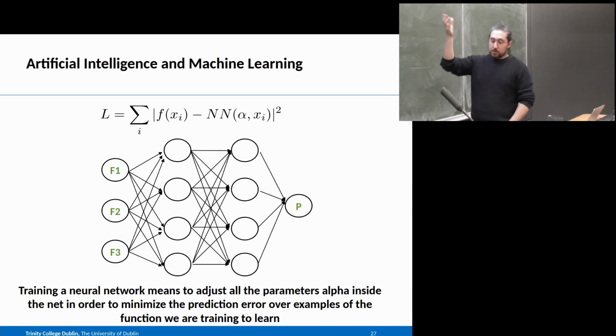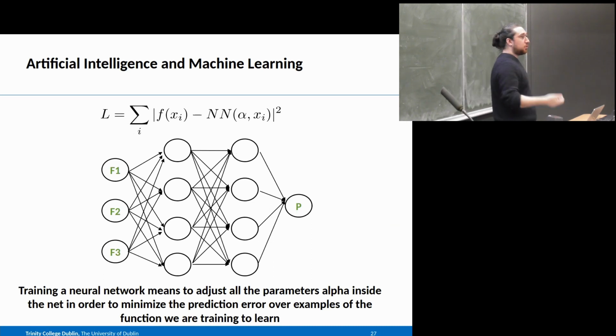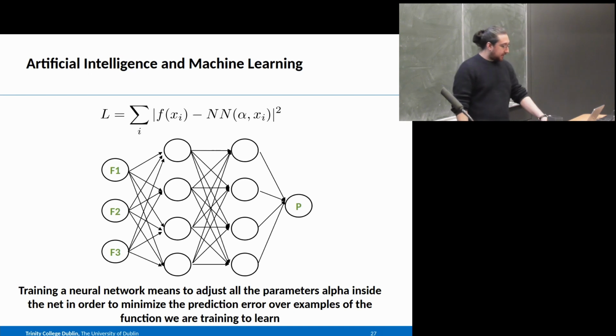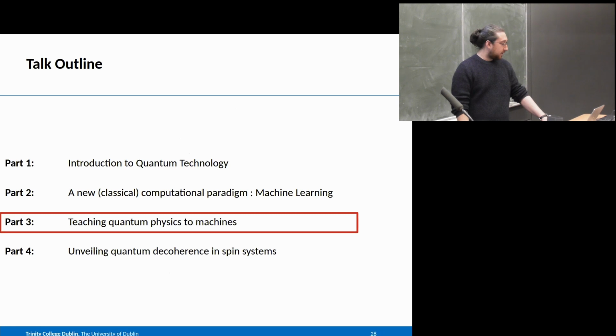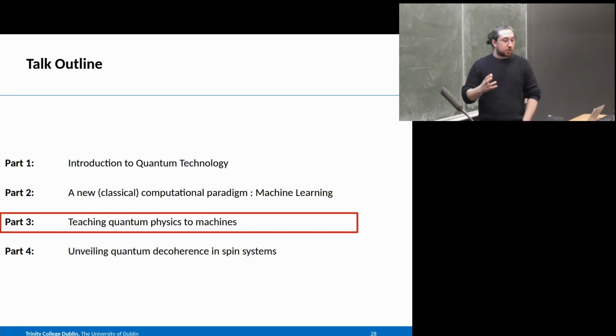Essentially, you show the neural network examples of the functions you want to recreate, and you train the neural network to reproduce it. So you change all the weights inside the nodes, and you try to predict the output from the example you show to the neural network. And this has been applied in physics in gazillions of different cases, right? So I'll show you now one example which is related to the problem we were discussing before,